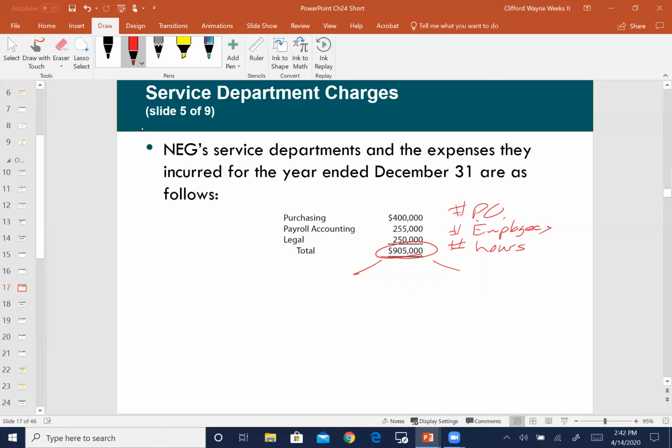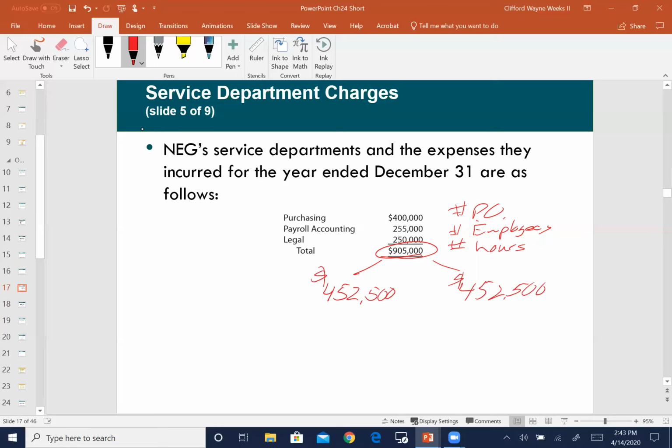Peanut butter costing just says, hey, if we took this $905,000 and spread it evenly over our two different divisions, we would have had $452,500 that would go to the entertainment parks, and the same $452,500 that would have gone to our movie production. This is spread evenly, and that's where the whole idea of peanut butter costing comes from. But it's not a good allocation of cost.